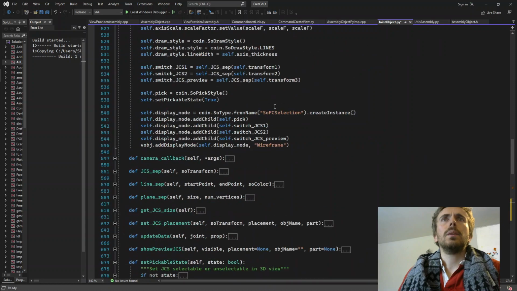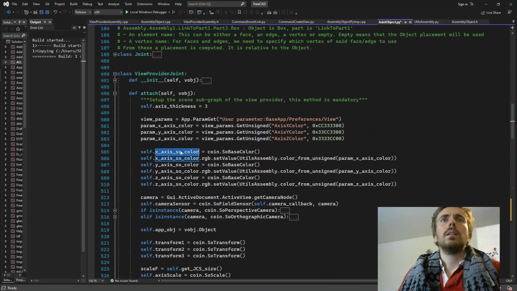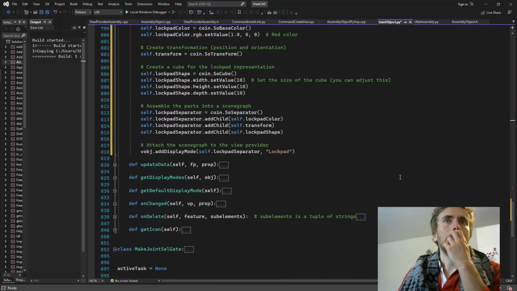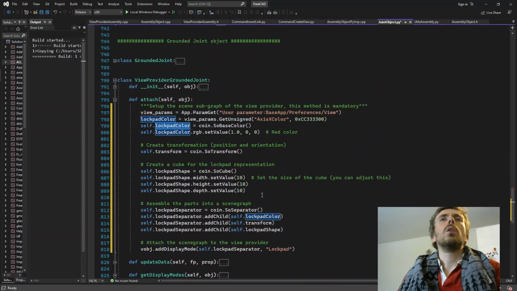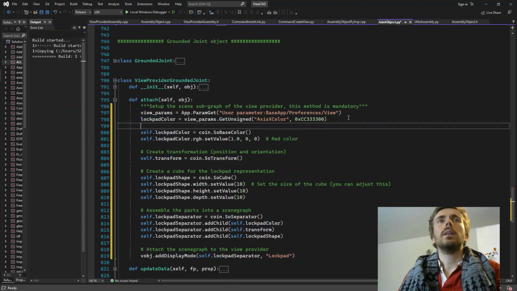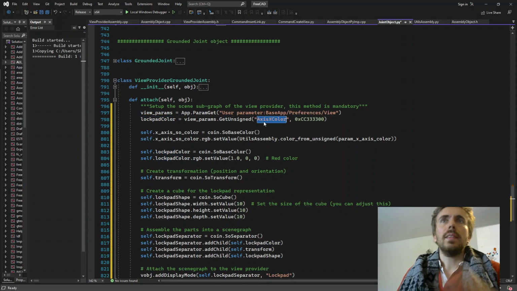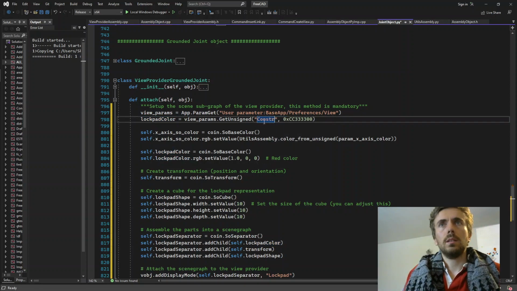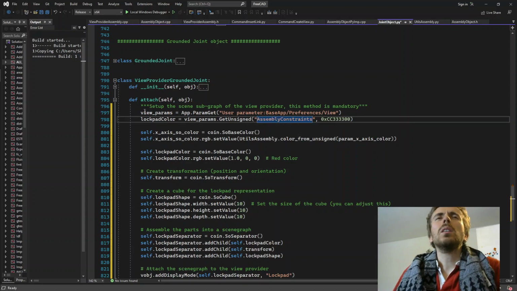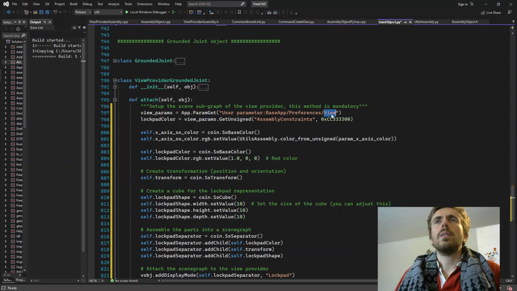So, oh yeah, wait. Okay, we need that as well. Yeah, so we are going to use lock pad color, and then something like this. We have to first take the color as an unsigned integer, and then we can say constraint assembly constraints. I don't know why I'm actually using view parameters. We are going to use rather